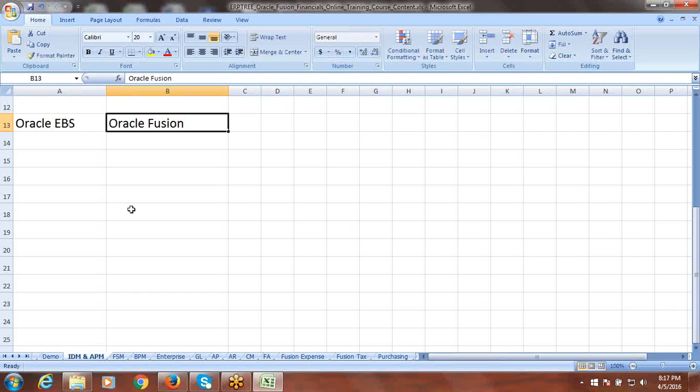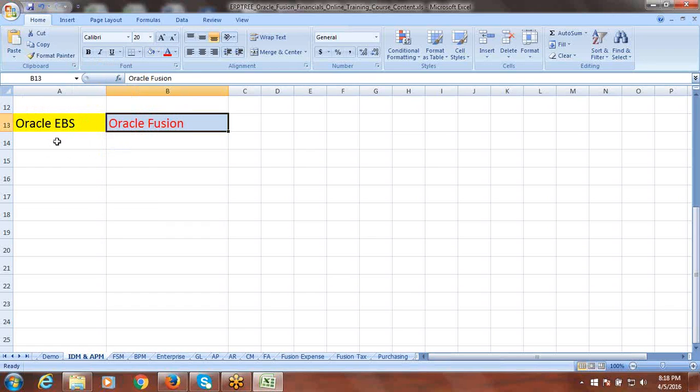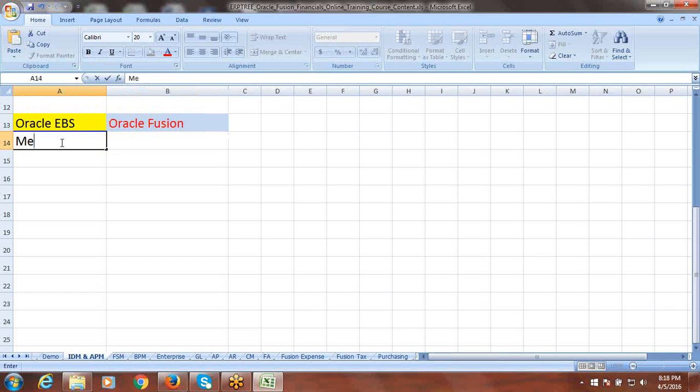definitely should have access to the menu or submenu or specific functions. So when you talk about EBS functionality, EBS, what we have? So in EBS we have basically menus. Within the menu we can have submenus. In submenu we'll have